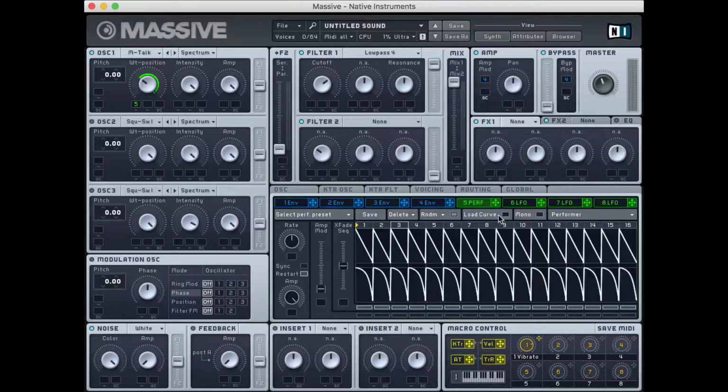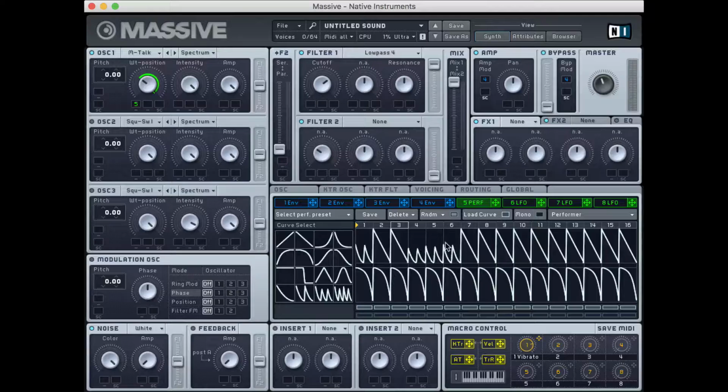So if I click this load curve button, you're going to see that we have a whole bunch of shapes loaded in here. And what I can do is take any one of these shapes. Let's take this double spiky one here, and I can place that into any one of these steps. And I can also click and drag to place it in multiple steps. Then you can click and drag up and down to change how much this shape is going to affect